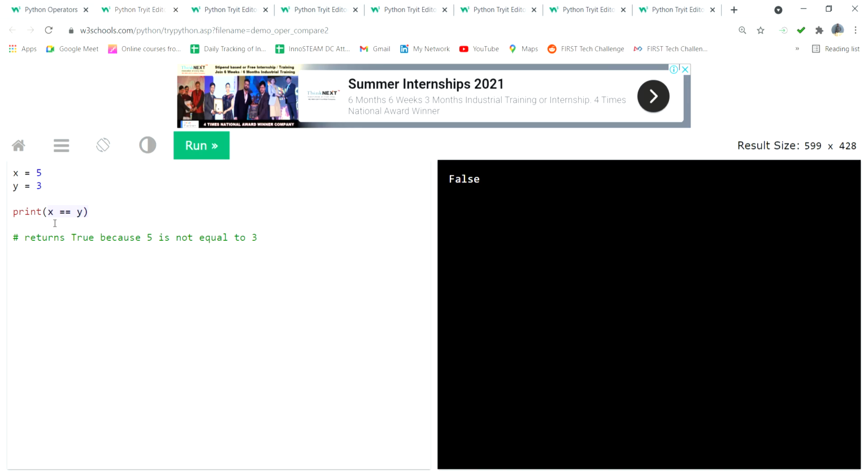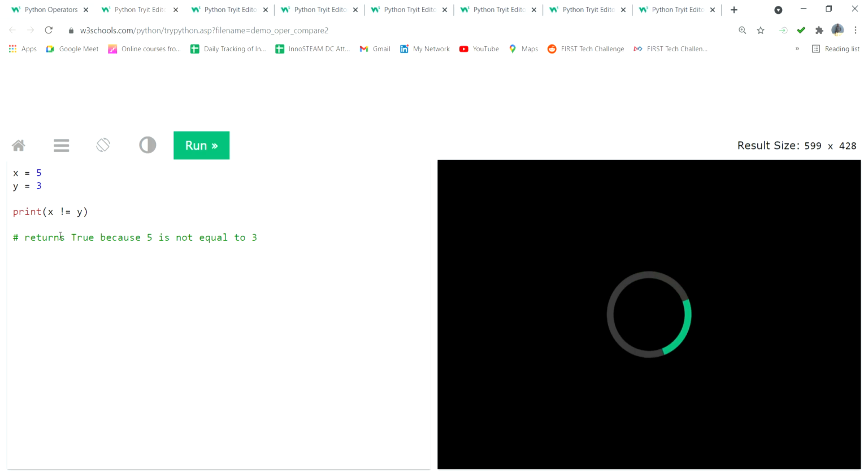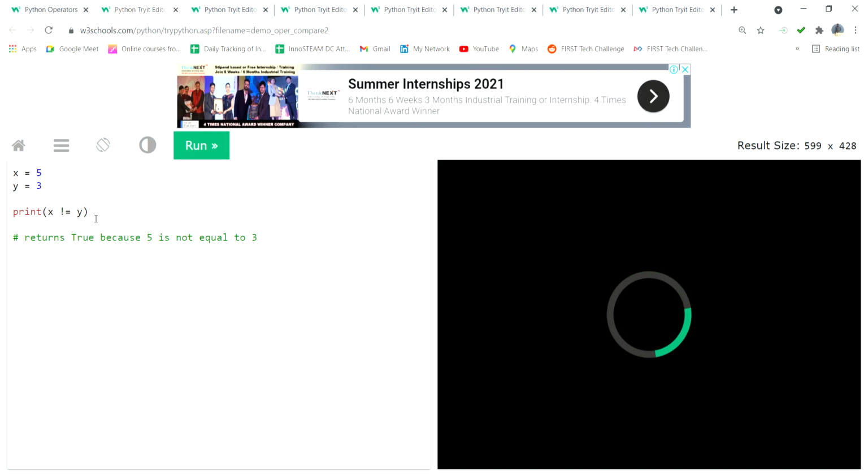If you want true, I have to put the exclamation symbol. Exclamation means not equal to. So x equal to one value, y equal to one value, so it is not equal, both values are not the same. Now I put 5, then it is coming true, with the double equal symbol. Understood?